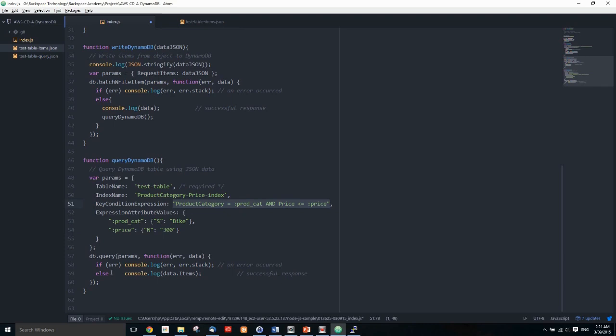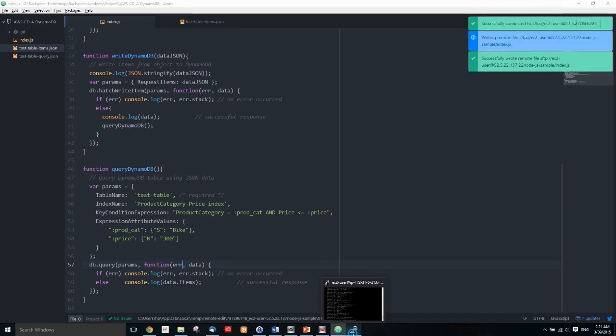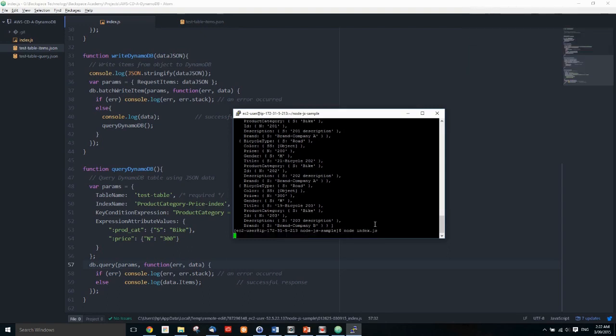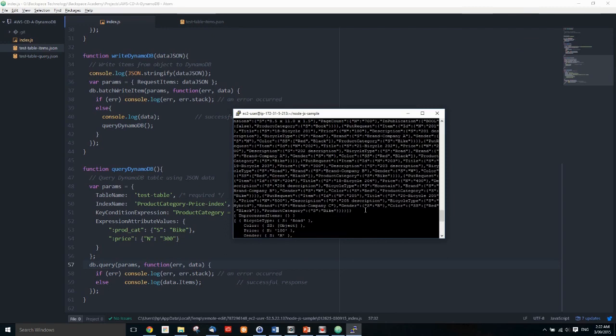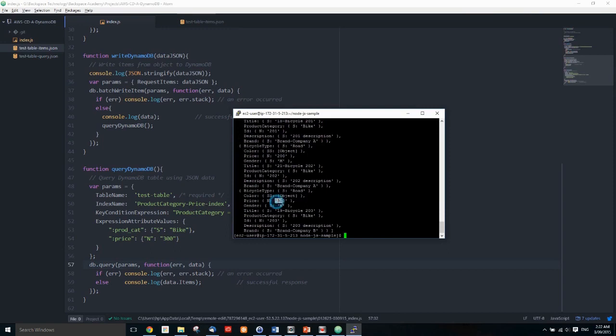Again, we just run that db query command again, and we get the same result. We do Control-S to upload that to our EC2 server. Okay, so that's done, and then we'll just run it and see what happens. Okay, so we got a similar result. We've got here 100, 200, and 300. So both